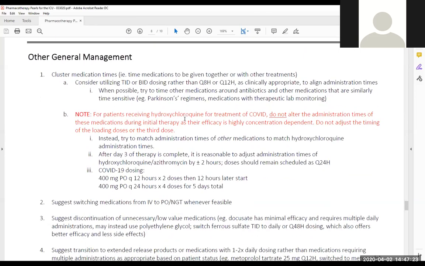So other general management for these COVID patients. As we kind of talked about, clustering medication time. So if you notice the use of TID or BID, what this will default times to, at least for Mount Sinai Hospital, is 10 a.m., 6 p.m., or 10 a.m., 2 or 4 p.m., and 10 p.m. again for the TID dosing, to try and make the administration as easy as possible for the nurses, and will also preserve PPE. So they'll be very grateful if you can make those recommendations